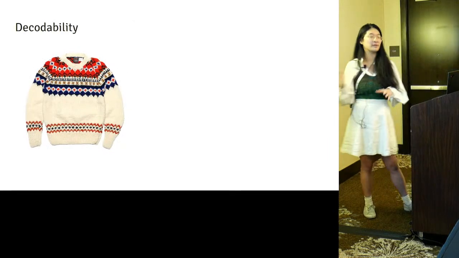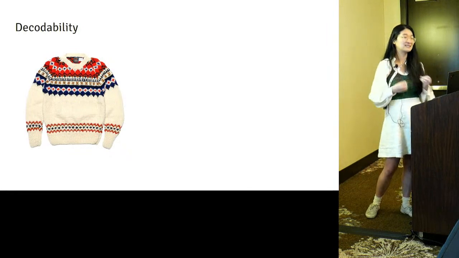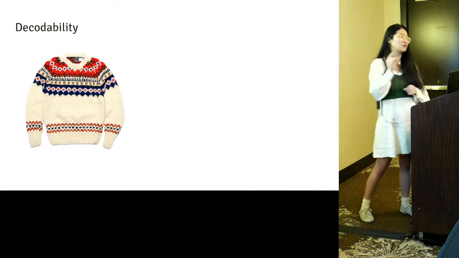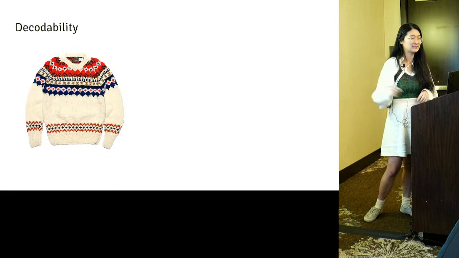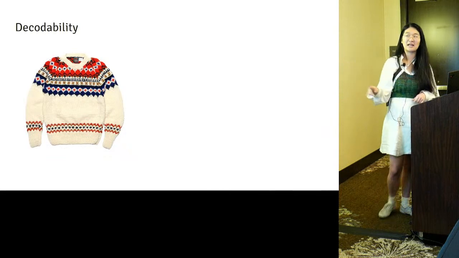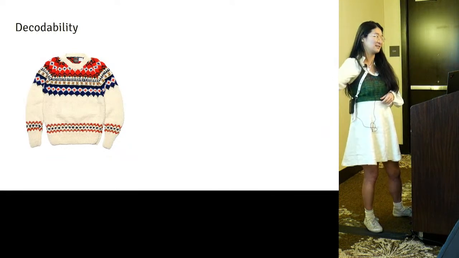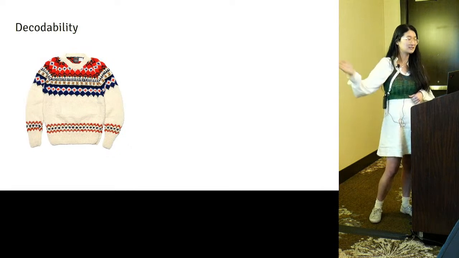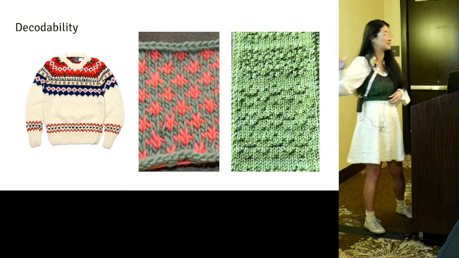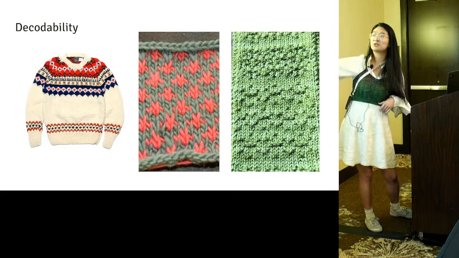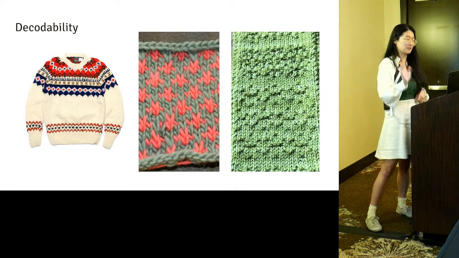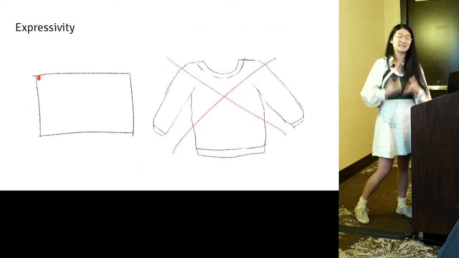The first and probably most important one is decodability. We want to make it explicit and easy to decode the fabrication plan from the object. Definitely easier than using your expert knowledge to reconstruct the plan piece by piece. And so what we propose in our work is using the color channel for knitting. There are 2 reasons for that. One is that we already know how to knit colored objects. This sweater is an example of something that uses many different colors. Color is also very visually salient, so it's easy to see what the color of a single stitch is. Compared to here on the right, I have a picture of texture being varied, and it's a lot harder to see texture information for a single stitch.